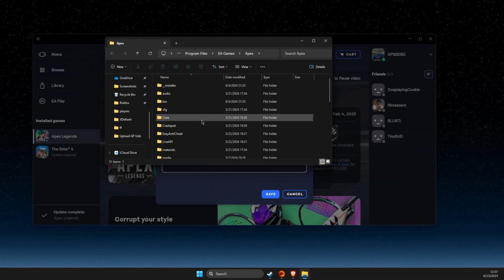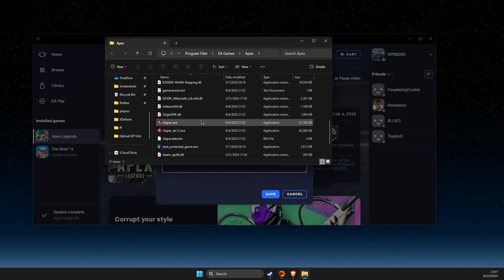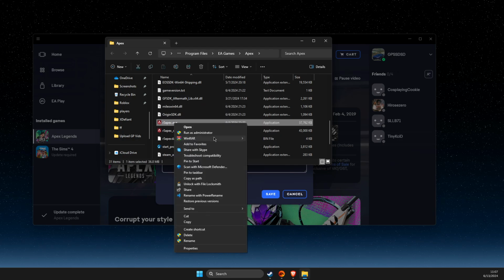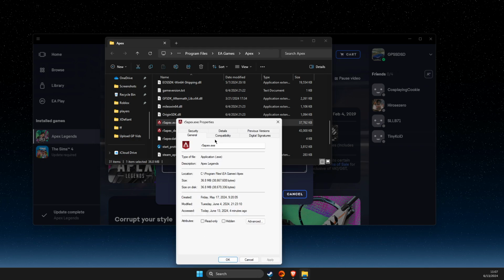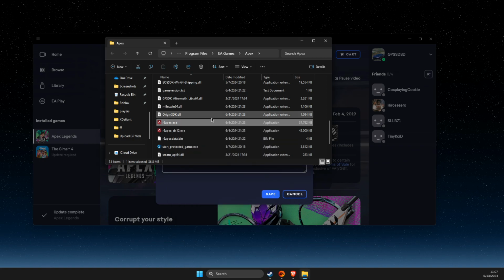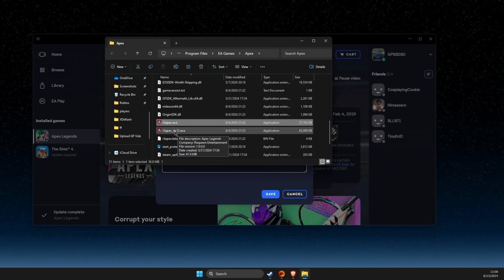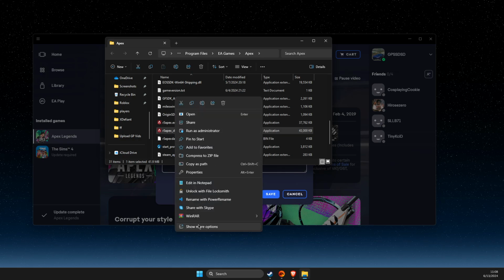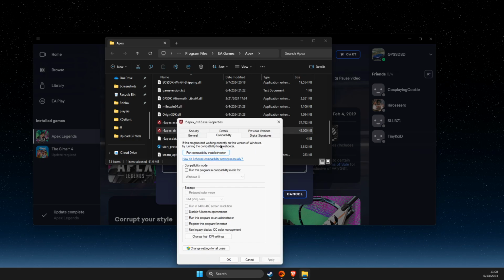Then the next step what you need to do here is to look for R5 Apex exe, right click on it, show more options, and then you need to open up properties, compatibility, and make sure to run this program as admin, apply, okay. R5 Apex DX12 exe, same thing, show more options, properties, compatibility, run this program as admin,